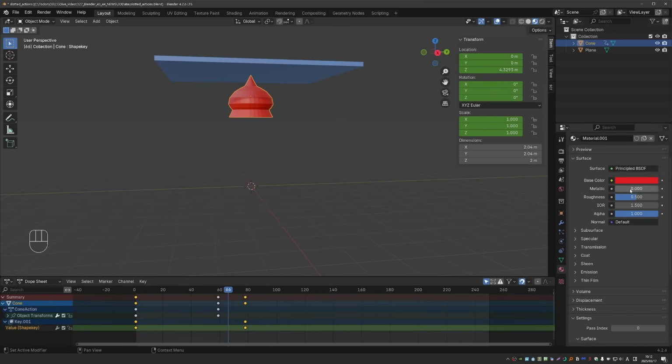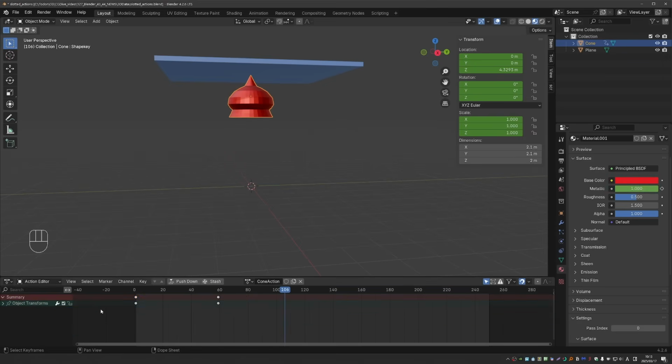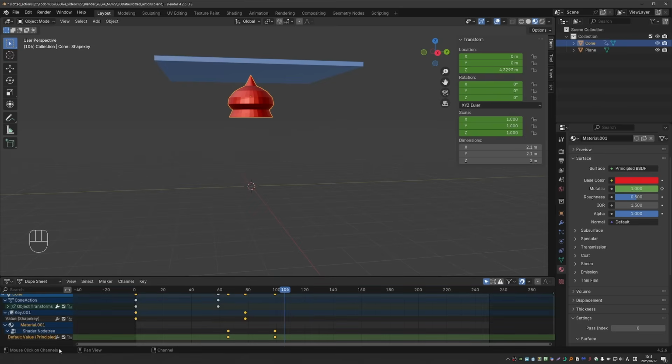I can animate this shader, but again, that is not part of an explicit action that I can work with. There is just an implicit action that I can find in the dope sheet. Okay, so for example, if I wanted to synchronize the movement, the shape key, and the material animation, my only option is here in the dope sheet, which is not too bad, but it gets a little bit more complicated